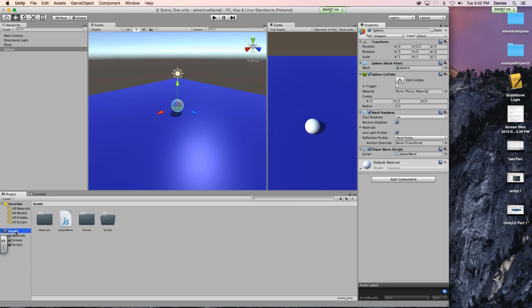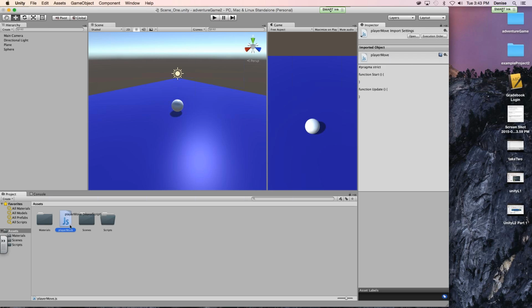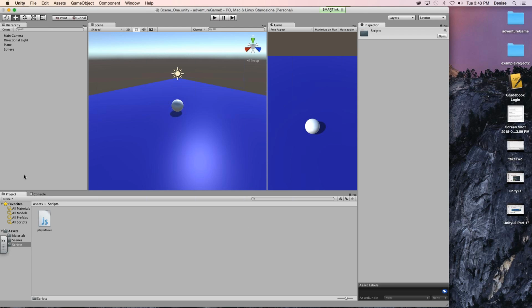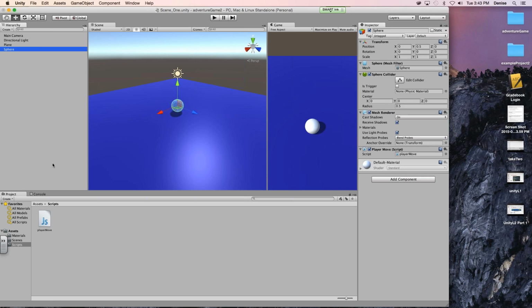If you click on your assets, you should see your JavaScript script there. Click and drag it into your scripts folder. And then click back on your sphere. So now, in just a moment, we'll be editing this script. But before then, we want to add